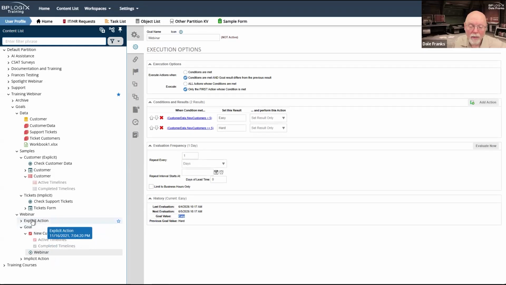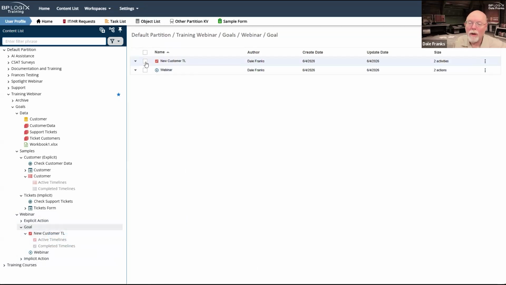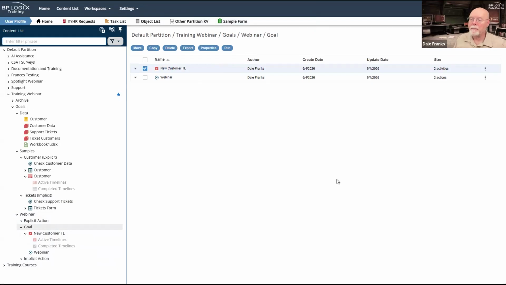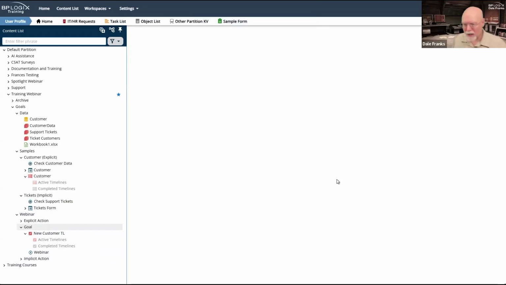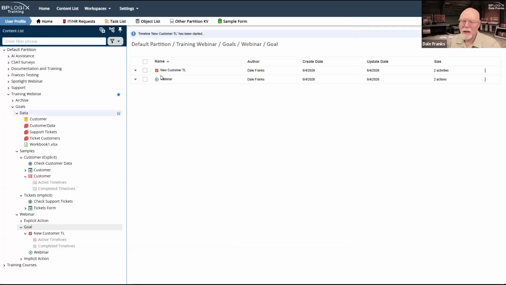So now we will go to our new customer timeline. That's not where I wanted to go. I actually wanted to go to goal so that I could run my new customer timeline. And again, it is going to assign a task to me because I know that process new customers task is always going to run.